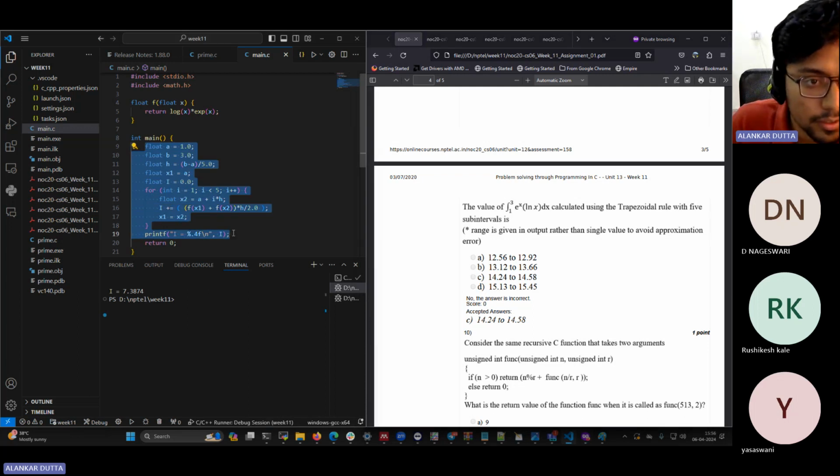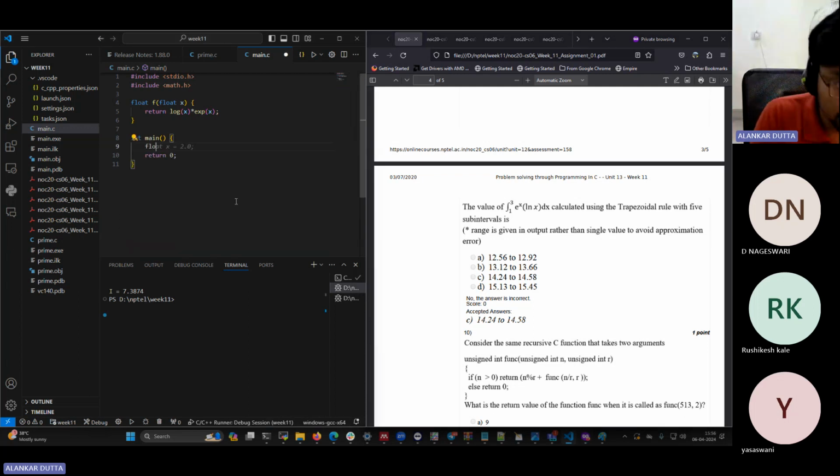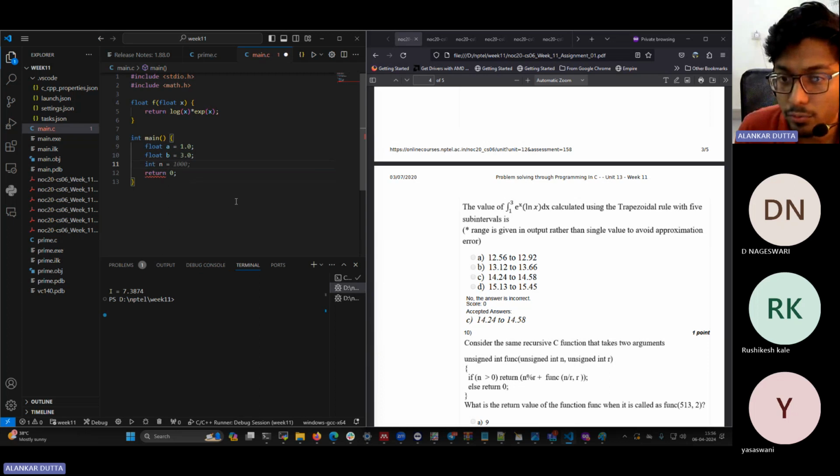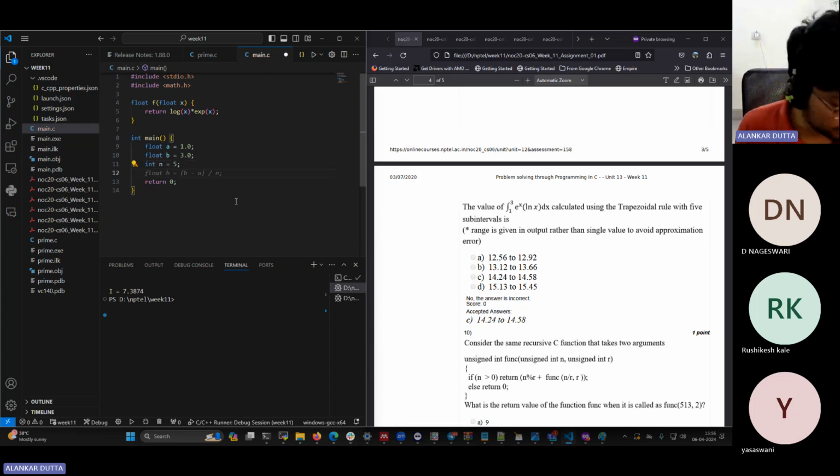Let's I think define this once again. There is something which we have done wrong in here, so let's not have the previous code, and let's try to write this from scratch. This is 3, and n is divided into 5 subintervals, and then your h is this, and then